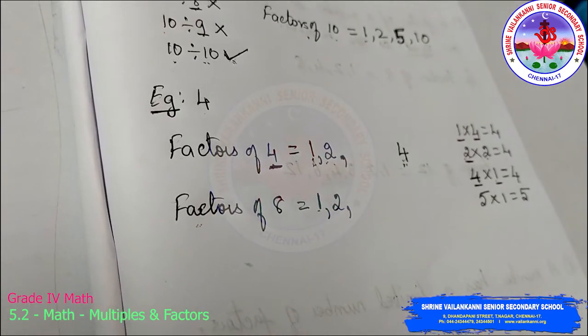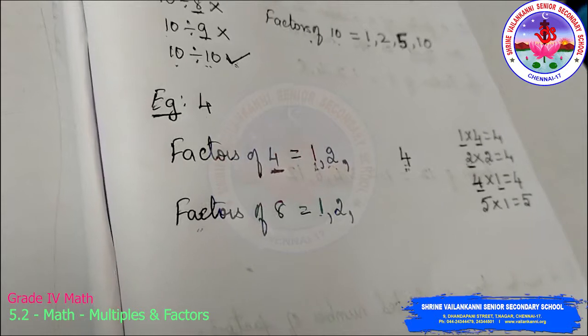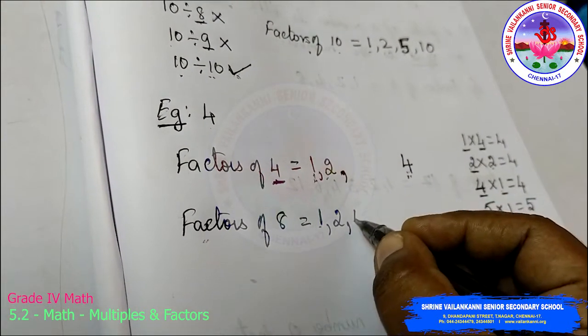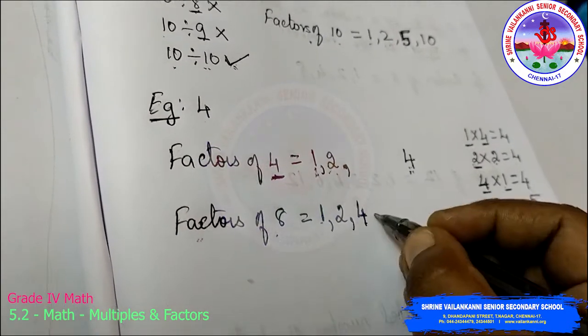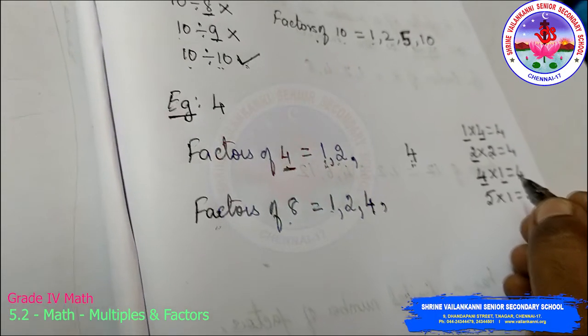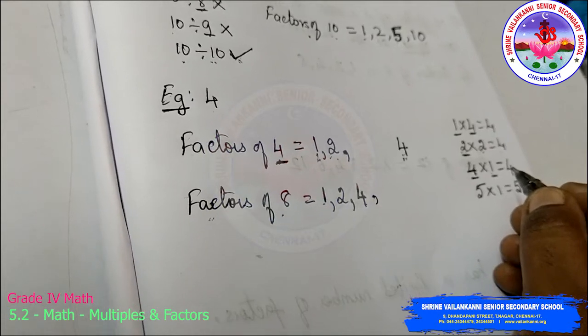4 table, then the 4 table. Continuously you have to check each and every table. In the 4 table, 4 2s are 8. So 4 I have to write. In the 4 table I will get 8. And then the 5 table, no, I will not get 8 in the 5 table. 6 table, even in the 6 table I will not get it.